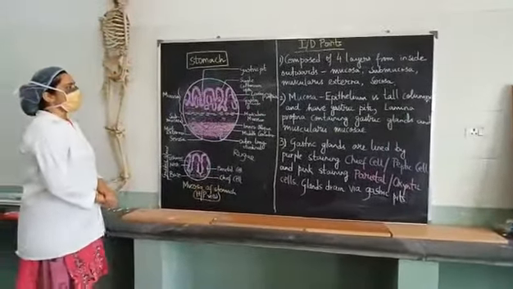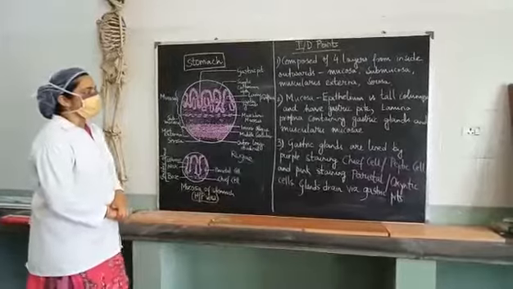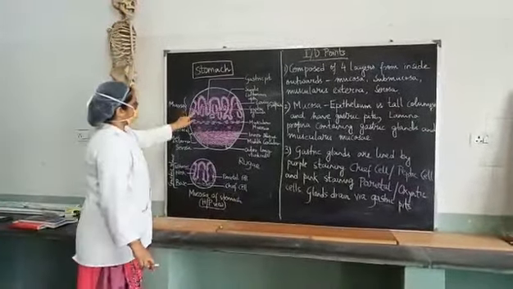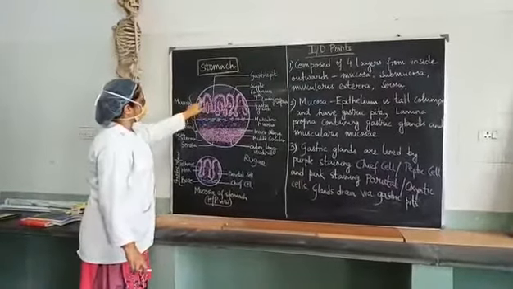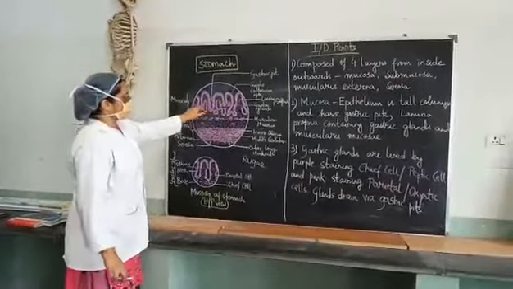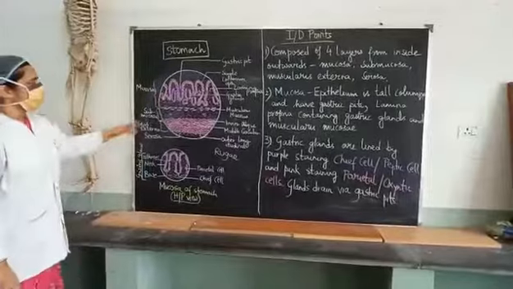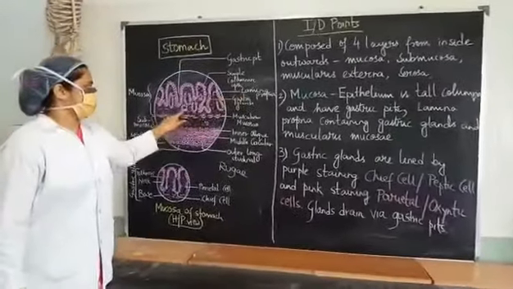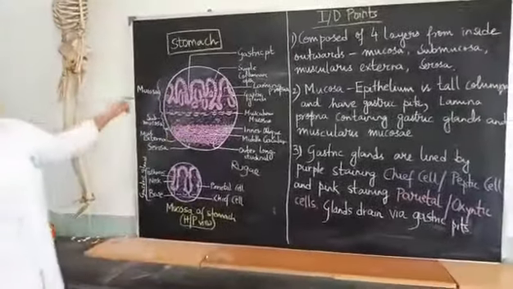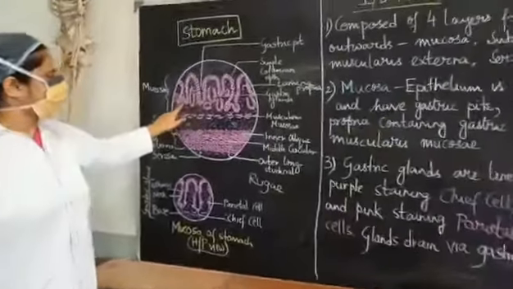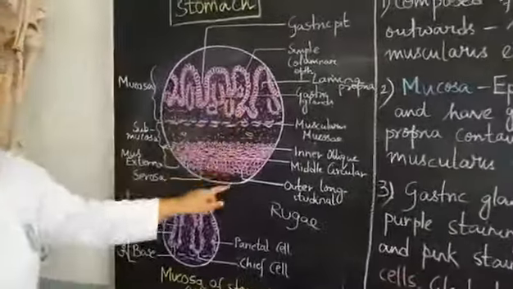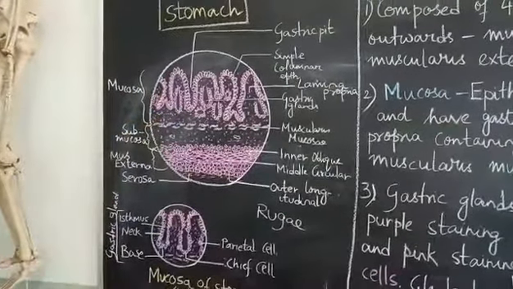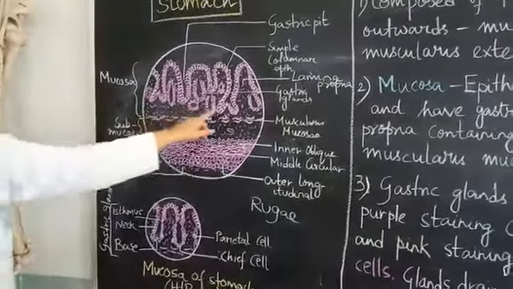You see here the epithelium is tall columnar. This is the mucosa, the lining epithelium is tall columnar, and you see the epithelium invaginates into the underlying lamina propria by forming some gastric pits. So these are the gastric pits, invaginating into the underlying lamina propria, and the lamina propria is studded